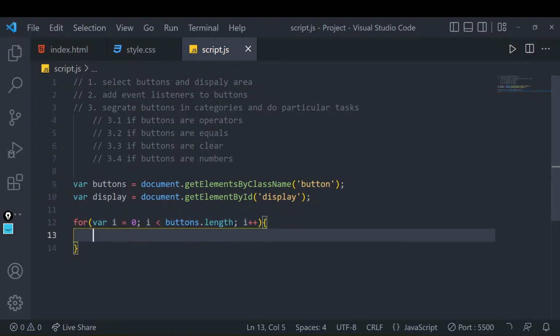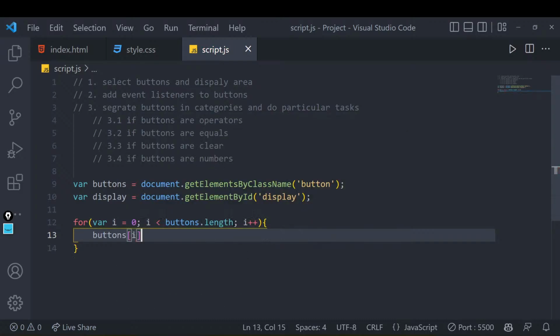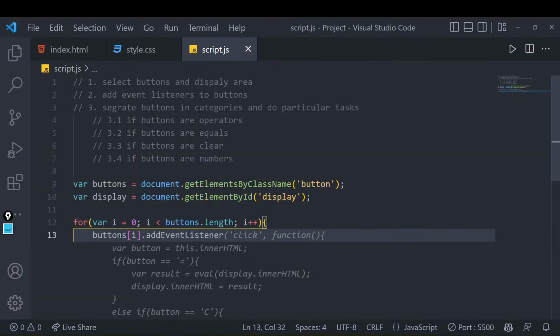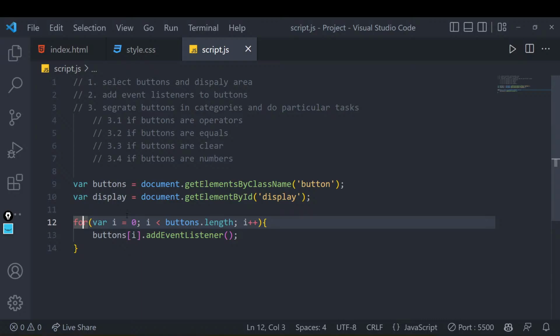And inside that, we'll be writing buttons[i].addEventListener, right? And yeah, this is what we have done till this point. Some of you might find it a little bit tricky, but it's not very tricky unless you don't know about arrays and loops, right? We are collecting all these buttons in this variable, and we are starting a loop from the 0th index. Why the 0th index? Because an array has values from the 0th index till the last index. What is the last index? Buttons.length, because that will give us the length.